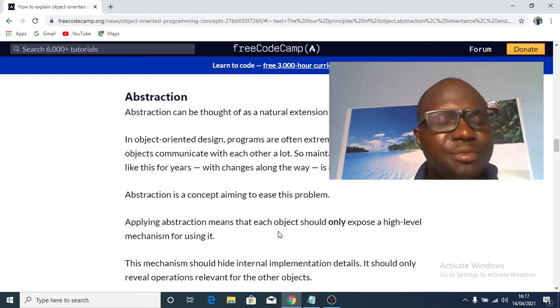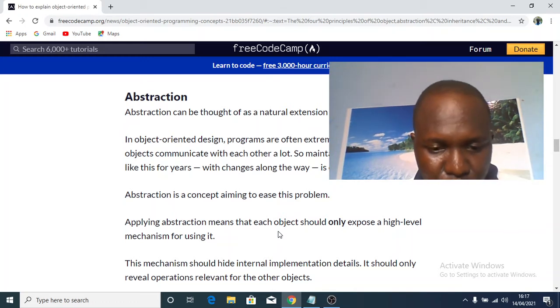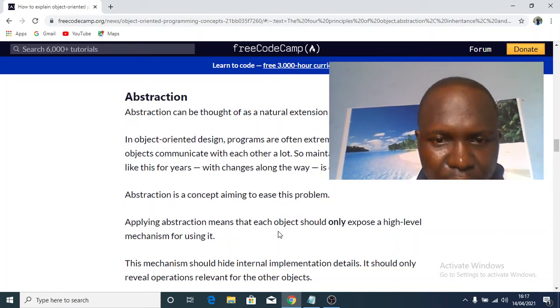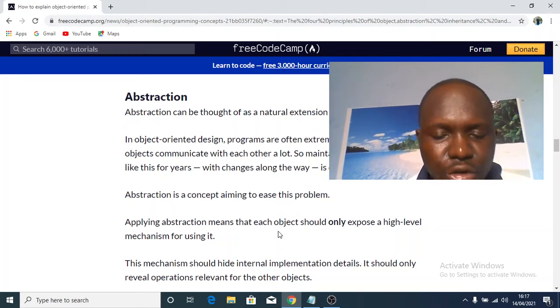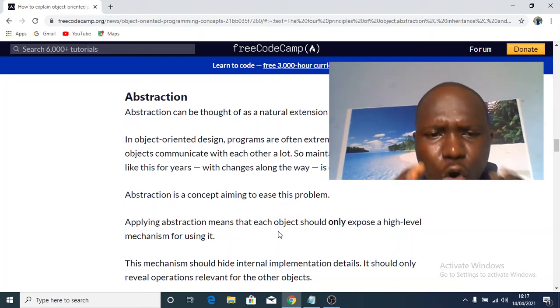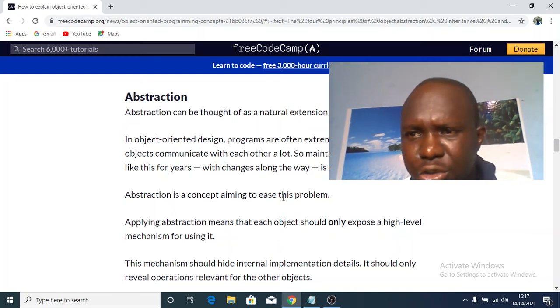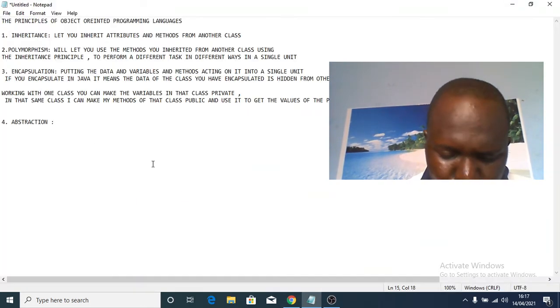See, abstraction means you are hiding the irrelevant information. You are revealing the good. Abstraction simply means that you will hide the unnecessary information from the user and show only the important information to the user. Good. So when you are using abstraction in your programming language,